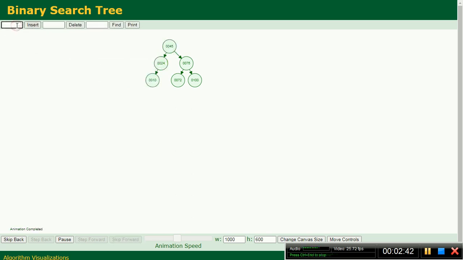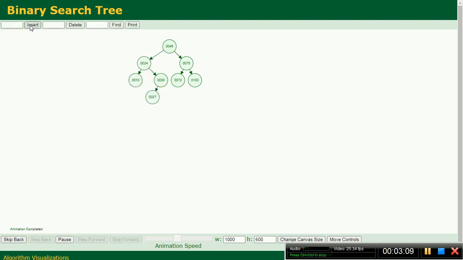Now if somebody asks to insert 30, less than 45, more than 24, 30 is added here. Now if I want to insert 27, it should be less than 45, more than 24, less than 30, so it will be inserted here.